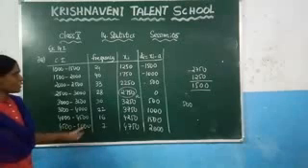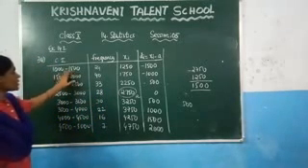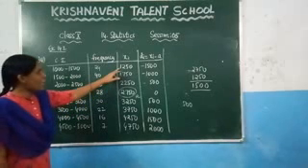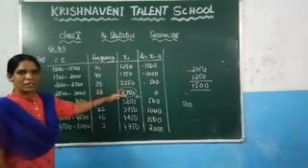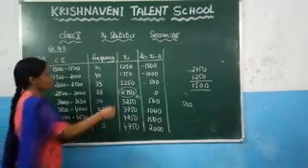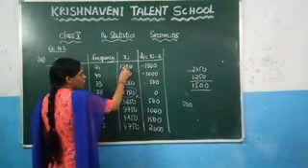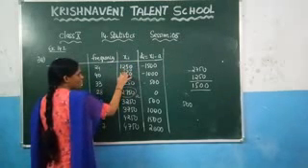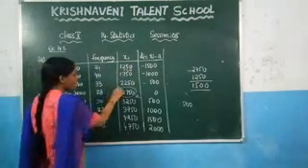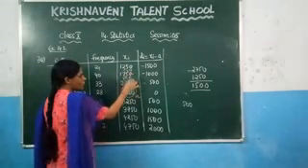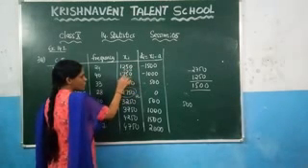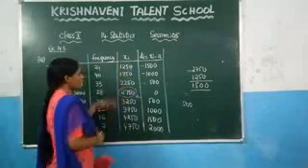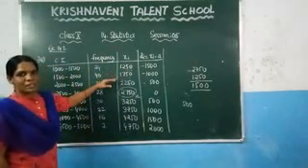How have I written it here? Just check the difference between these two values. Here you know that 500 is the difference. So here add 500 to it. Again add 500 here. So here you will get 1750 plus 500, which gives you 2250. If you are adding 500 to every preceding value, you will get the succeeding value.